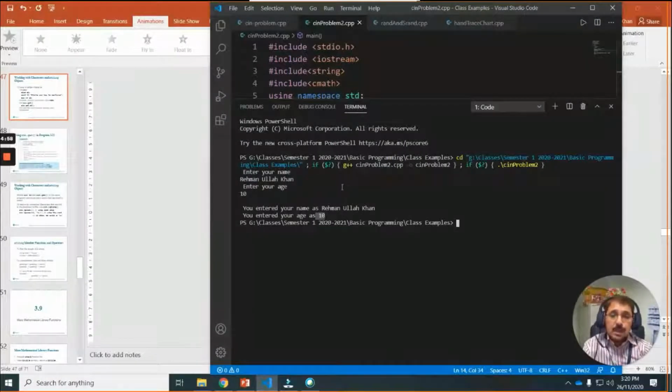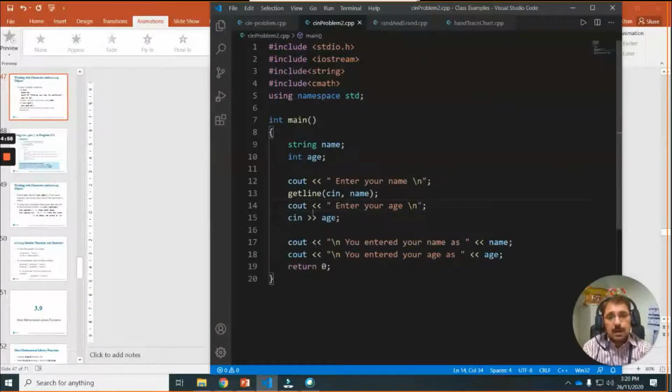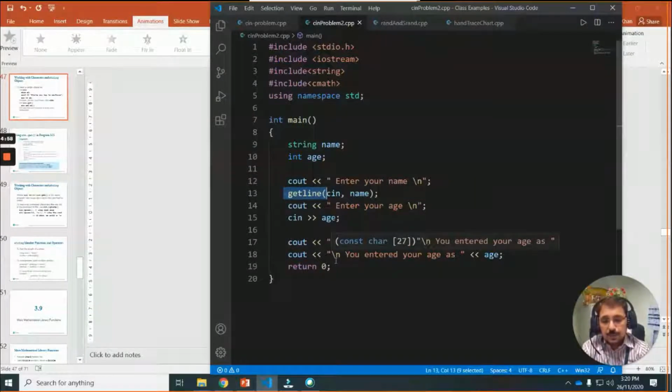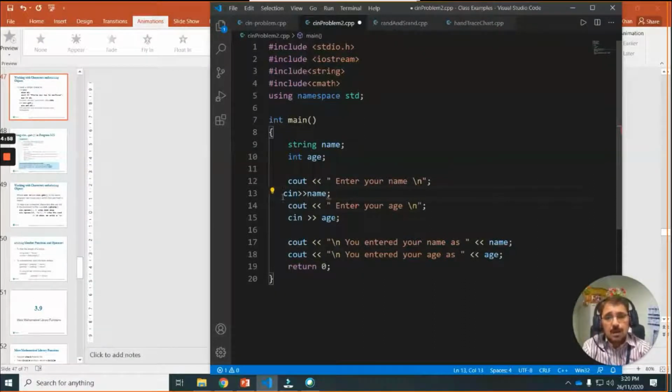In this case, if you are reading characters with the cin statement, then another solution is this: instead of this, I will use the same cin again, but in this case it will again not read my full name.